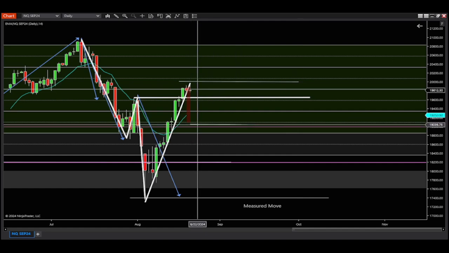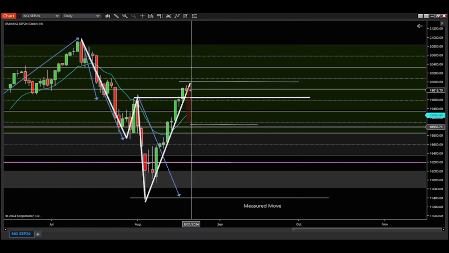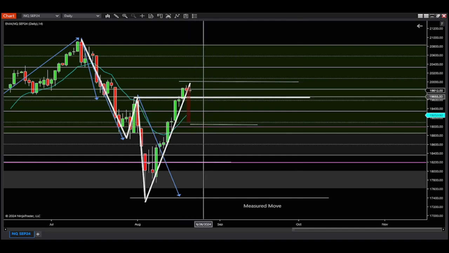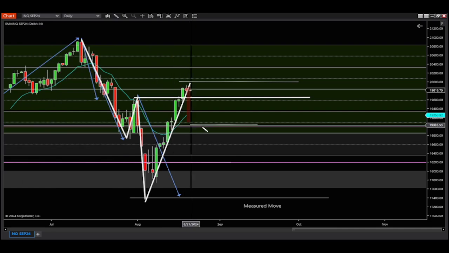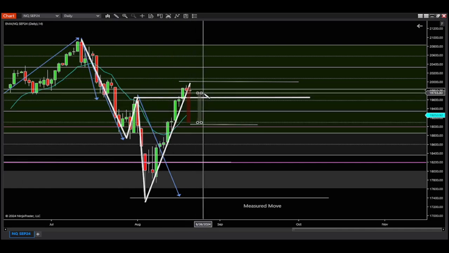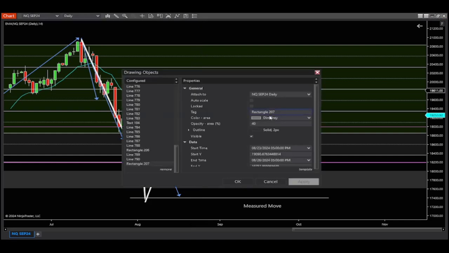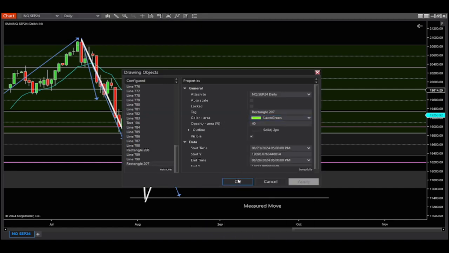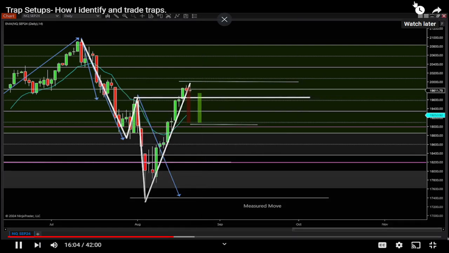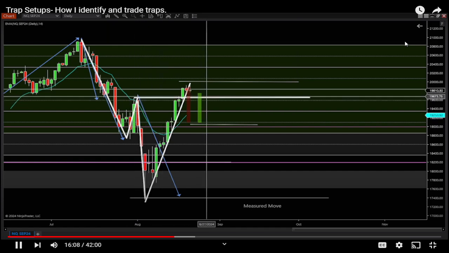And once we get entered in here, right? Once we get entered in, we do not want to see a green candle, or any candle for that matter, closing above here. Once we start seeing a candle closing above the swing, then we've got to question, all right, is this setup still valid? Right? If we get a green candle closing above this prior swing, we have to question, is this